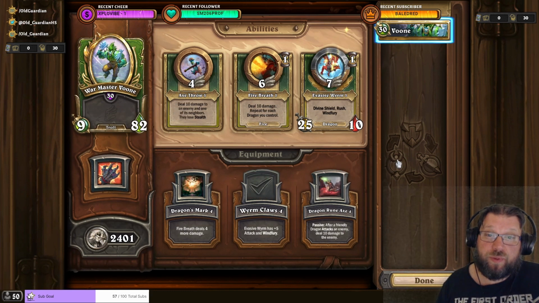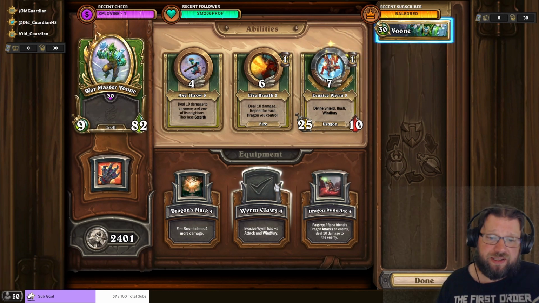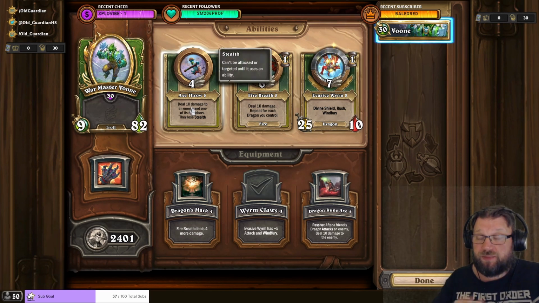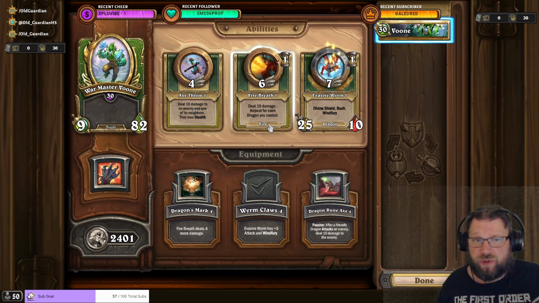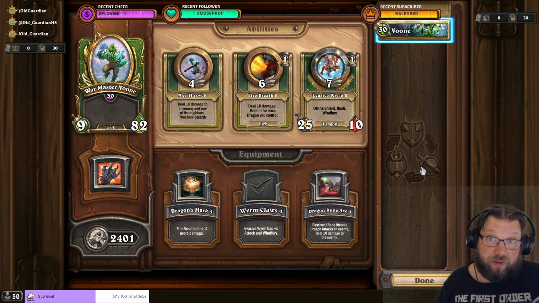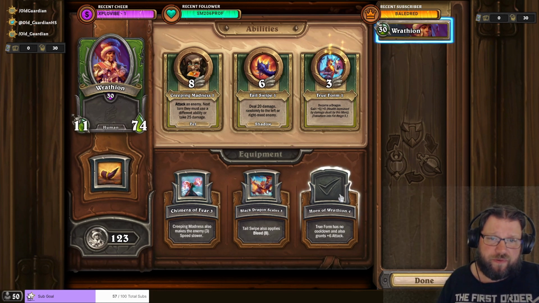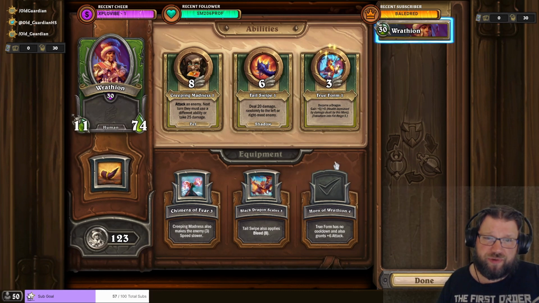Master Voone is typically used for the Evasive Worm, so you want to max your Worm Claws, you want to max your Evasive Worm, and you want to put as much power into your Axe Throw as possible, whereas Fire Breath can wait a little. Rathian does not see a lot of play at the moment, so it's a little bit difficult to evaluate what to max first on Rathian. Typically I like Horn of Rathian, Tail Swipe and True Form, so I would work on those 3 first,